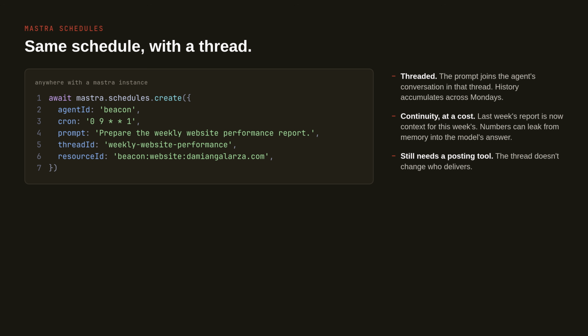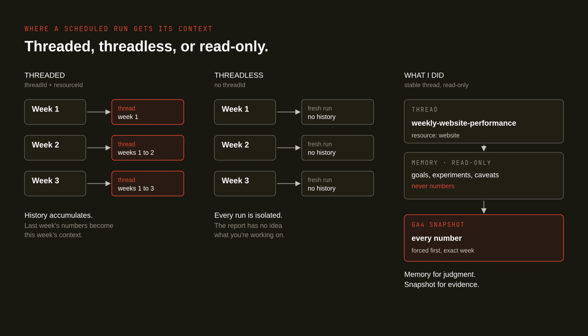And so the other version here is using the same scheduling API, but using a threaded version. What this means is we've passed it, on lines 5 and 6, a thread ID and a resource ID. Everything else is the same, but here it will actually have some continuity between the calls. So anything that happens can be persistent in Mastra's memory system and will be on that thread ID and that resource ID. So basically every time this schedule runs, it's accumulating that history over time on each call. Same kind of system, but now it just has this persistent memory system across the different runs.